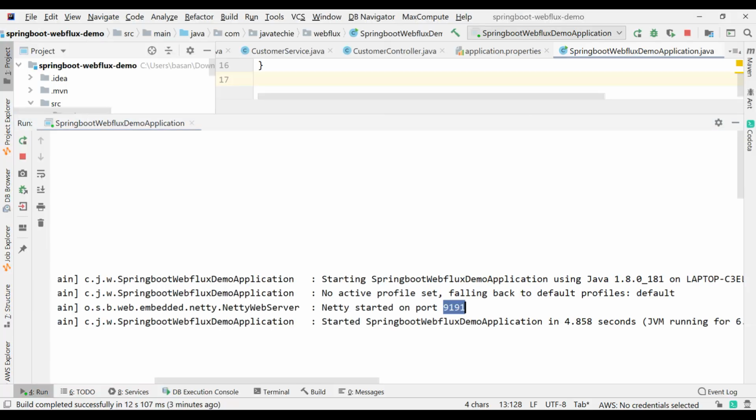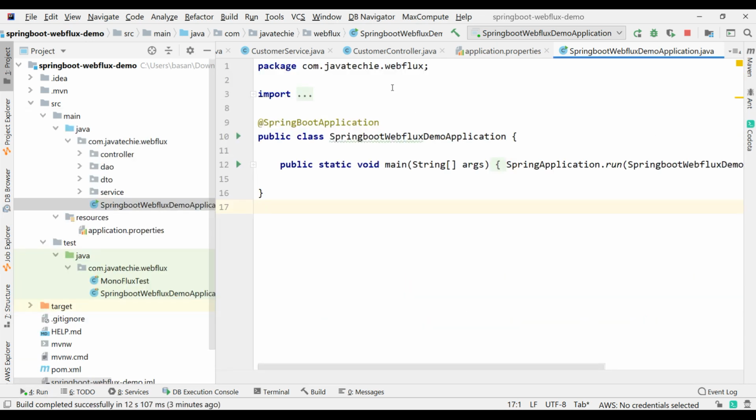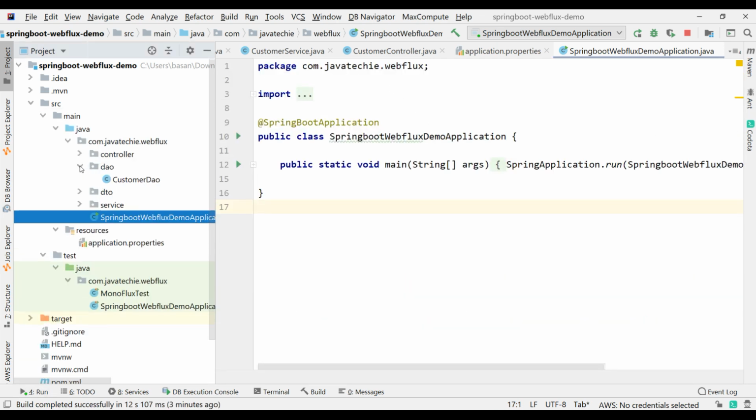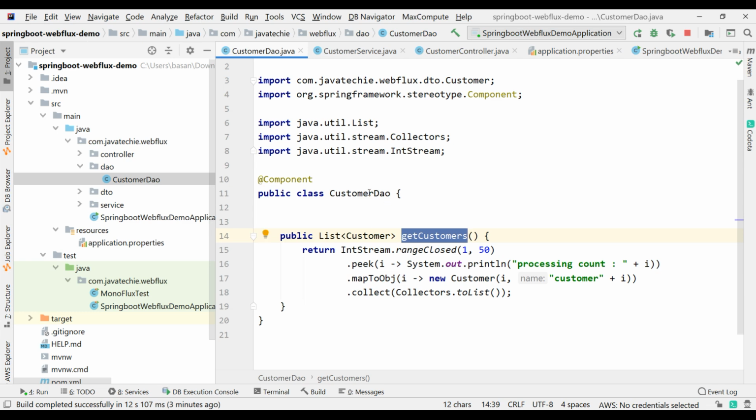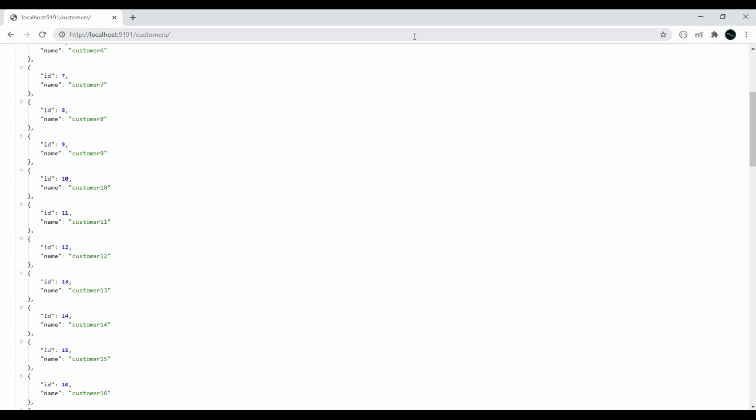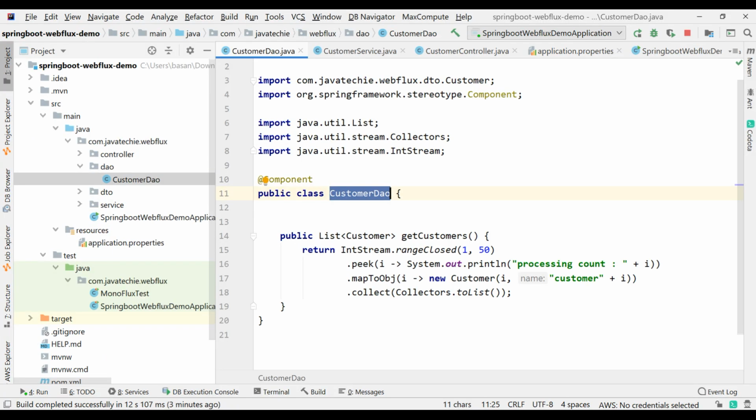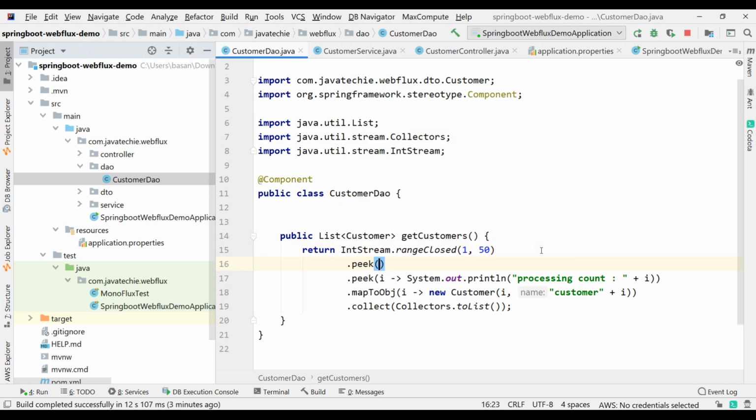execution. So what I just need to do, just go to your DAO class. Now this DAO will act as a publisher and this browser will act as a subscriber. Okay. So let's go to the DAO. Then what I'll do, I'll just use .peek.